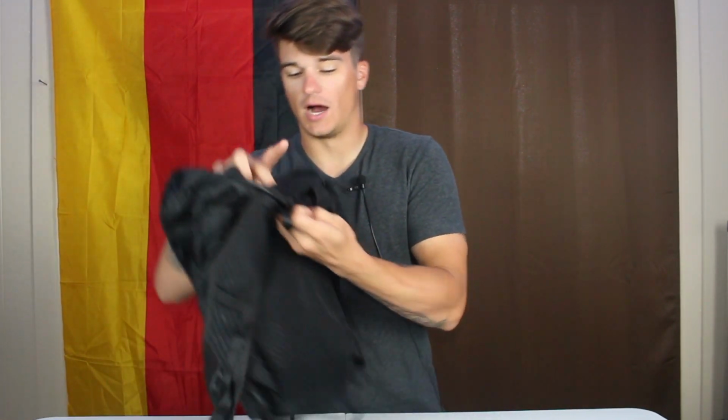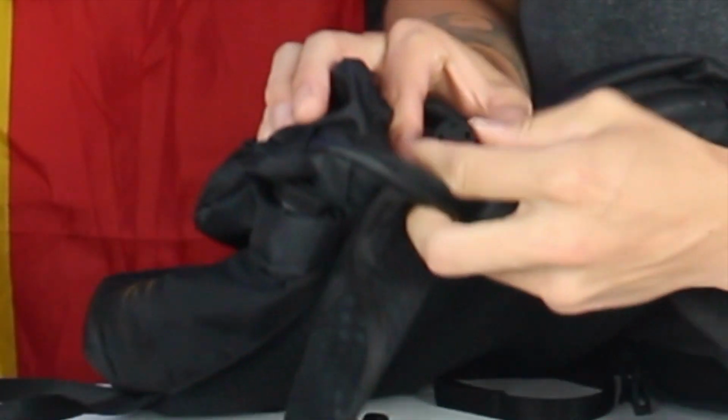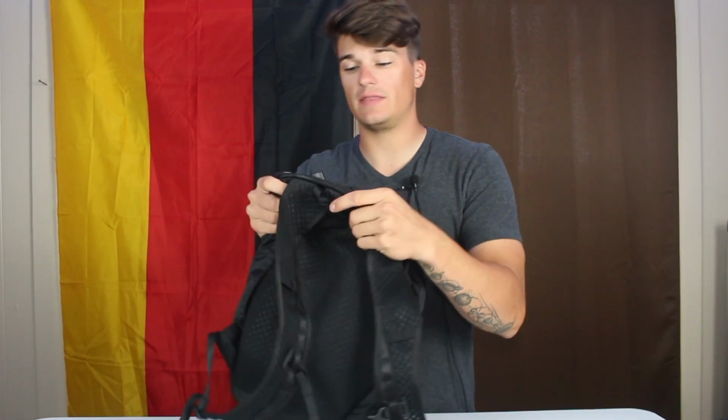And then you can just deflate it, and then it'll go back to being packable. What I do is, because the nozzle is right here, whenever I'm using this bag, I just deflate it like that, and it deflates super easy. And then with just leaving it in the bag,